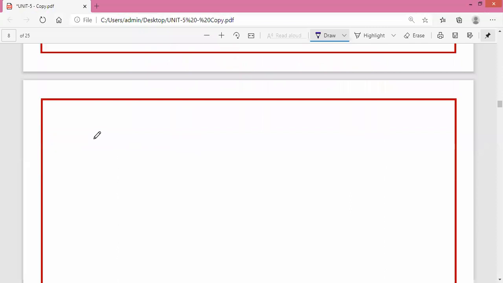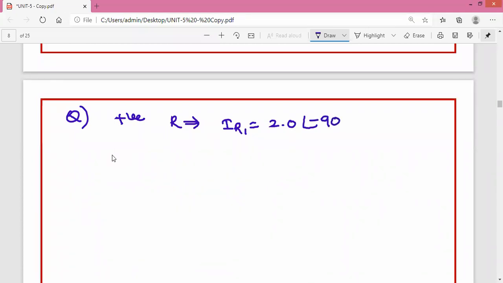Okay. So in the GATE examination, one bit has been asked. So I would like to explain here, just 2 minutes, for the question. The question is, the positive sequence component of a synchronous generator for R phase is given as IR1 is equal to 2.0 at an angle of minus 90 per units. Already we have discussed the per units. And the positive sequence current of the generator in Y phase is dash. So what he is asking is the positive sequence component of the Y phase of the generator.